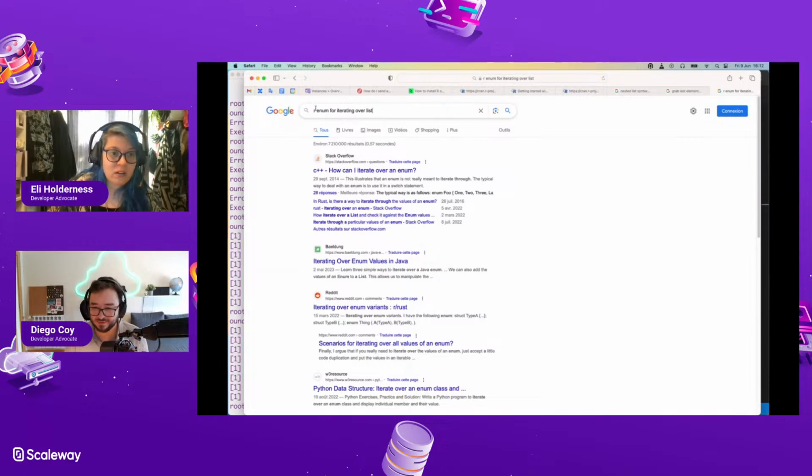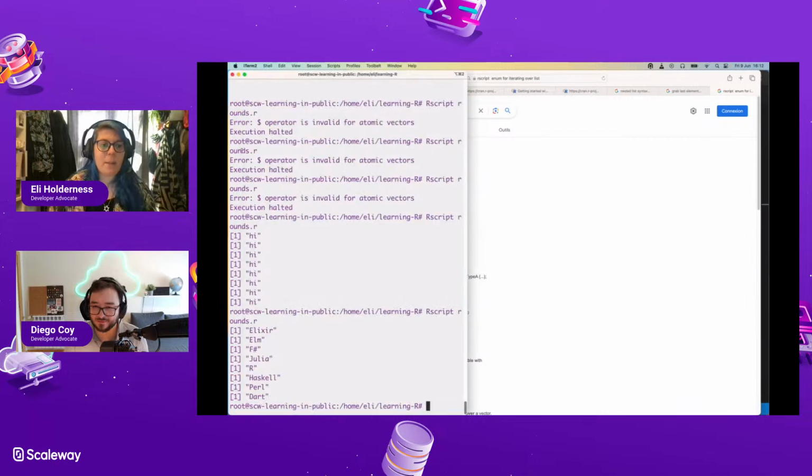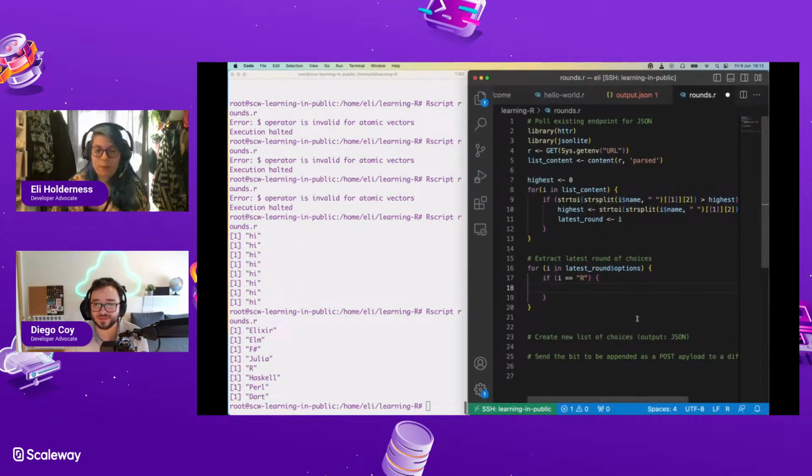Specifically R. I think. Not Rust. R. I want to get the number. I want to get the index of it as well, is what I want to do. So I think you can go back to the first type of for loop that you were doing, using the length of the list. Oh, yes, yes. And then you can just modify the list. Yeah, and it was that, wasn't it? It was something like this. Yeah.